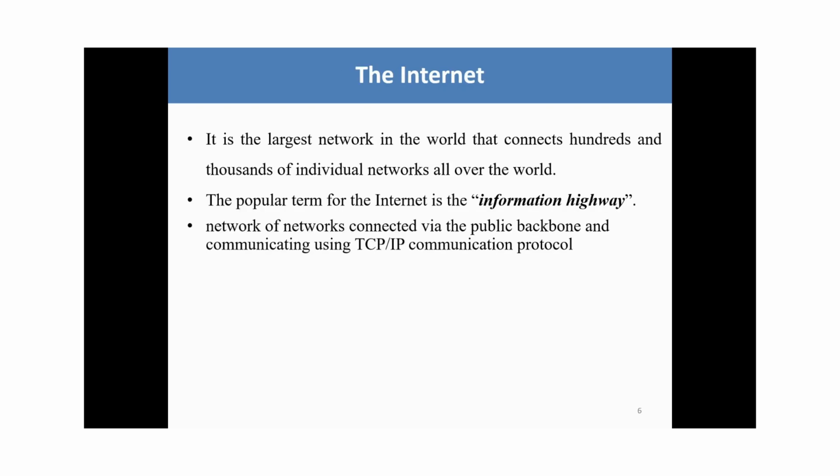And next is the internet. The internet is the largest network in the world. It connects hundreds and thousands of individual networks all over the world. The internet is called the information highway. That is, a network of networks that are connected for communication with the help of the TCP/IP communication